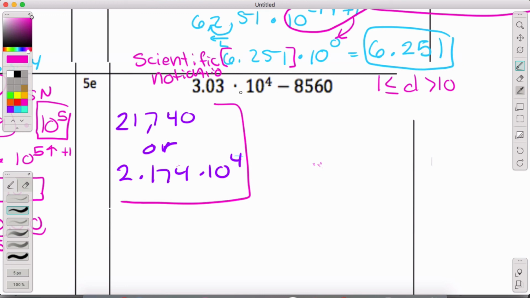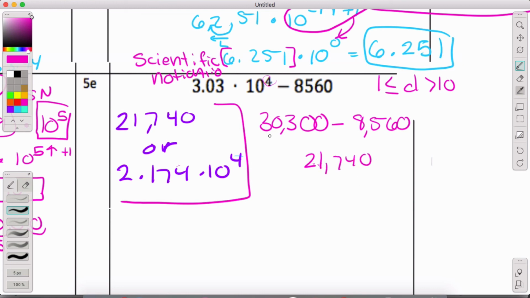So to do that, we need to move our decimal place, or we need to count the number of decimal places based on this 4 up here. So we have 303. I have 1, 2, 3 decimal places already, so I need one more. Minus, no, I need 2 more. Sorry, I need 2 more. Learn to count, Miss A. 1, 2, 3, 4. There we go. Minus 8,560. So we have 30,300 minus 8,560. And when we subtract that, we end up with